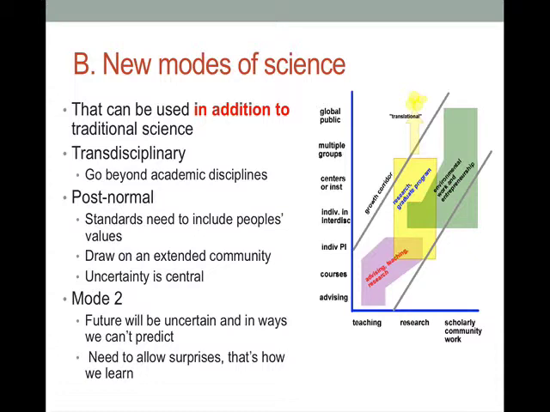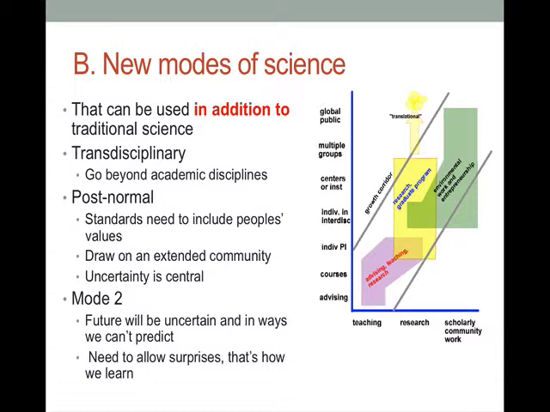Now, transdisciplinary science is really when we go beyond academic disciplines. The graphic over to the right shows the path of transdisciplinary science, where in the university we'll have teaching courses and individual research investigators. Then as the projects get larger, we do research, and we might have collaboration between investigators and centers or institutes. And in traditional science, such as biochemistry and medical research, this is where it goes into translational. It moves out of the research into medical practice. It gets translated from one form to the other.